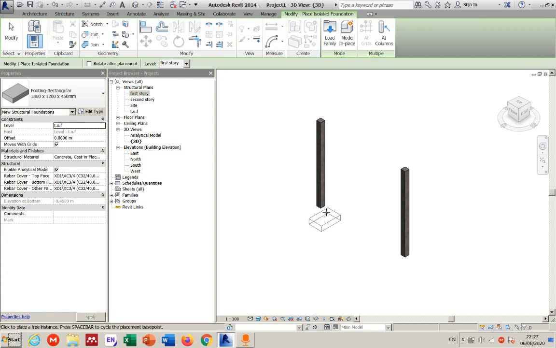If you're in 3D, you'll be able to see it like this. Now the level is first story. We don't want to add to the first story, so basically there are two ways. I was in 3D, so here I can change the level. Top of footing is where I want to add the footing. Then since in 3D I can use add column, simply click on this column,